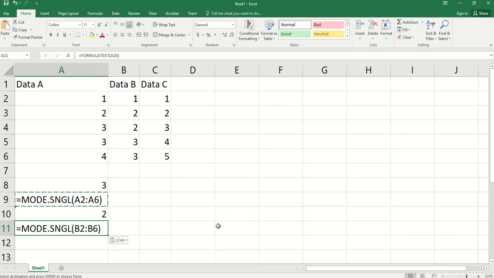Okay? In general, when we don't know how many modes there are, if we have a fairly large set of data, that will be the case. Then we can use MODE.MULT and give Excel a relatively large space to put the modes in.